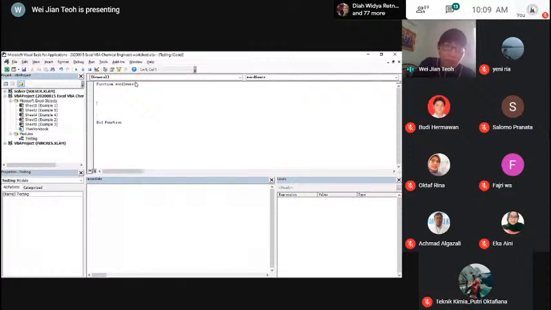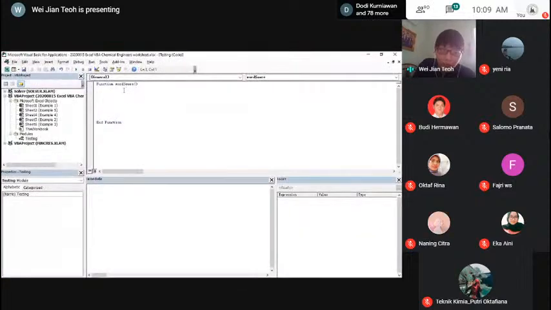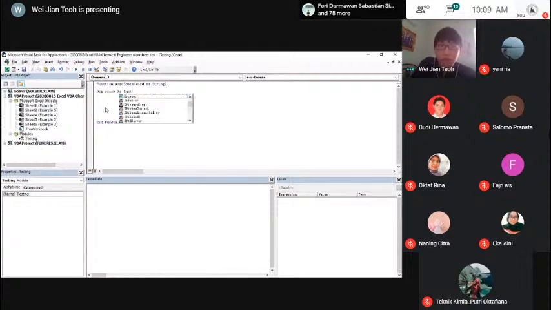So I just make some space here. And I want to take this word, attitude, inside VBA. So let me define word as string. But in this case, because I have an input, this word is going to be the input for the function. What I'm going to do is copy this and put it inside these brackets. This bracket means the input of the function, so I want to use the word as the input. The output is a score, so I'm going to put score as an integer.